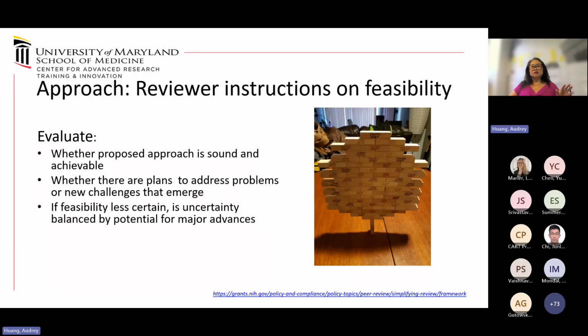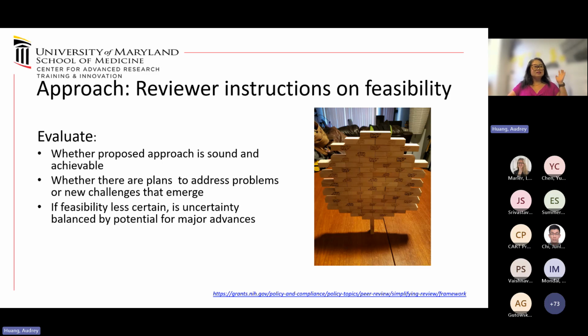So reviewers are also asked to evaluate on feasibility. Is this approach sound? Right? Are you balancing all your Jenga blocks on a single vertical one? Or does it have a more solid foundation? Are you sure to have it work? We just don't know what the results are. What are your plans if this whole Jenga structure falls down? How are you going to salvage what you do find into new findings and new understanding, and maybe course correct for the research approach or the question that you're asking?